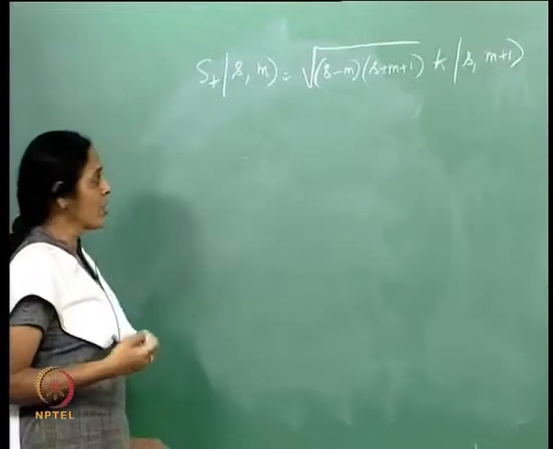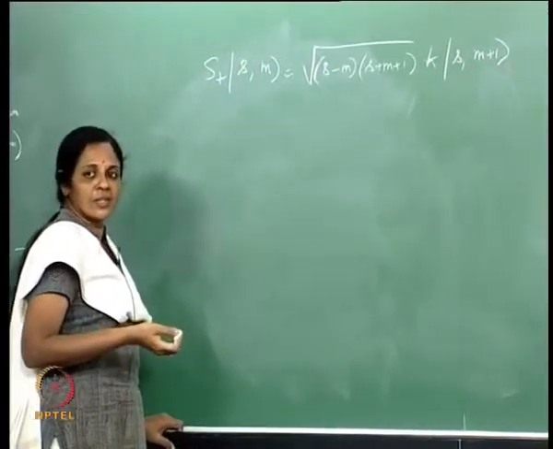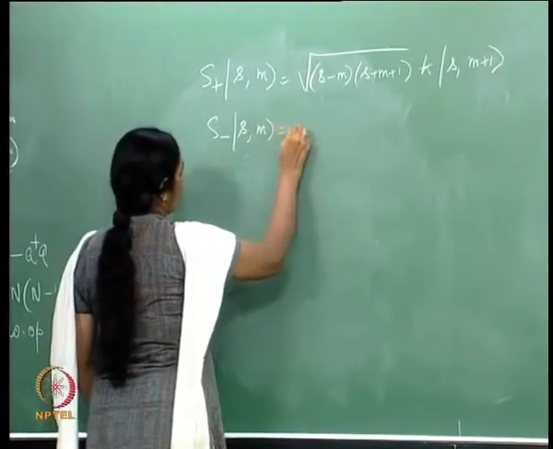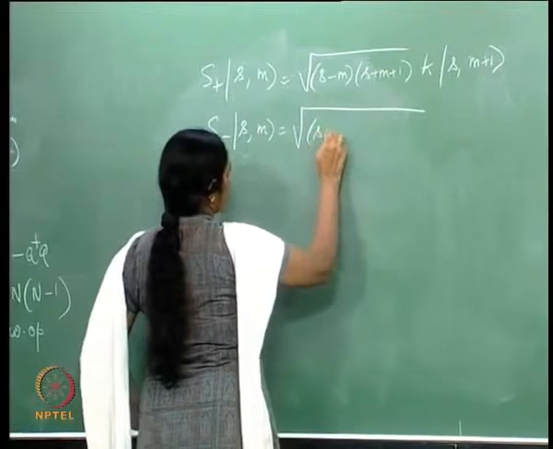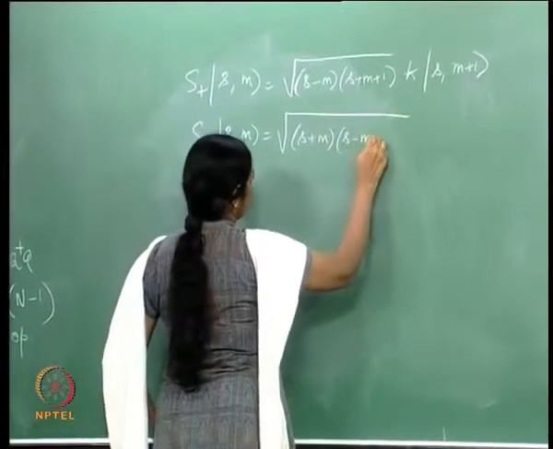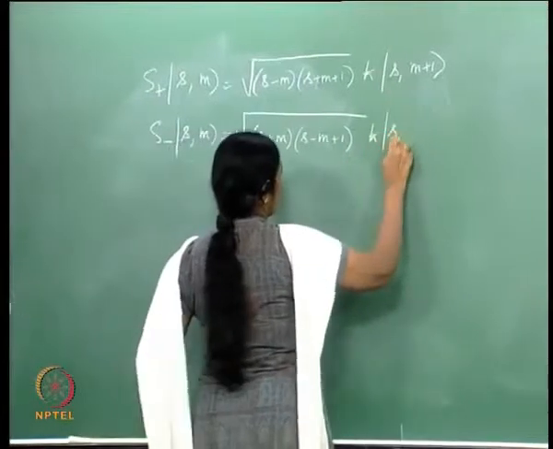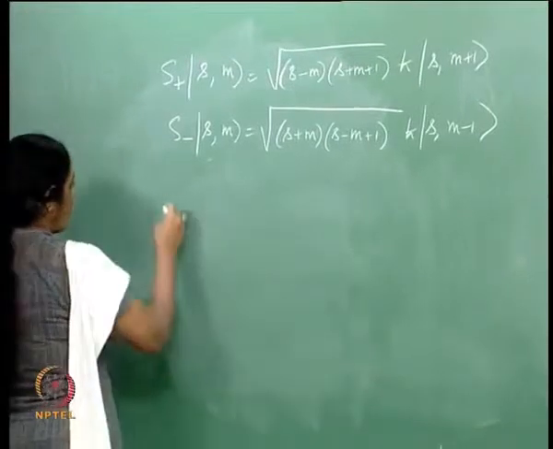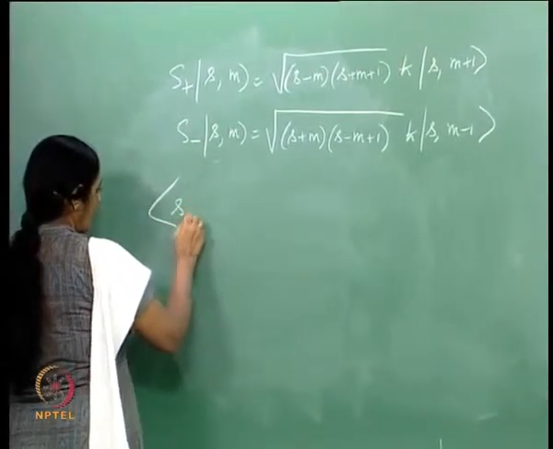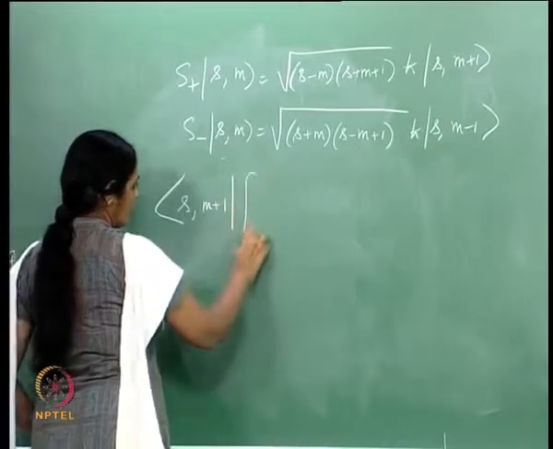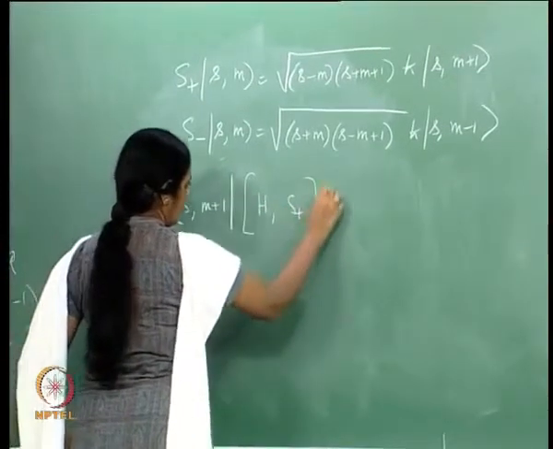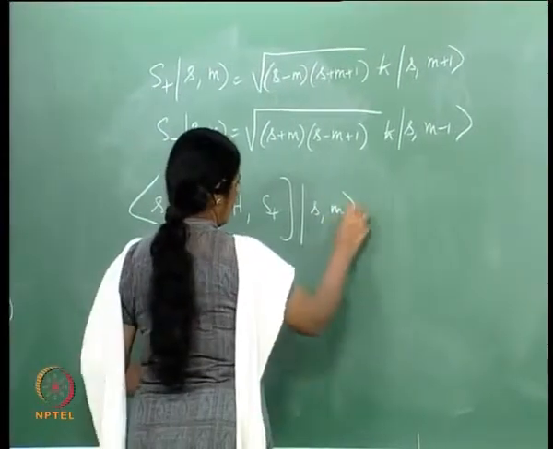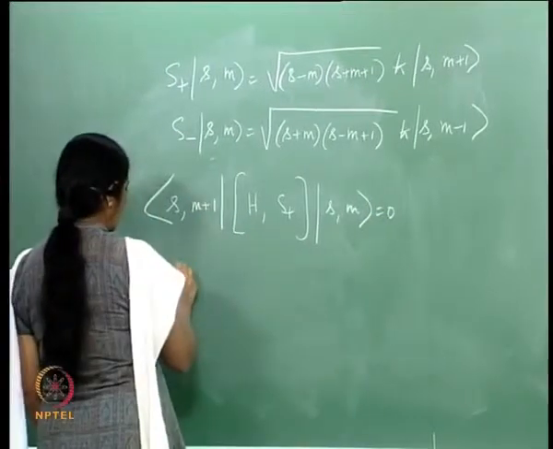m itself takes 2S plus 1 values ranging from minus S to plus S in steps of 1. Similarly, S minus on |S, m⟩ gives me the following. I use this. In my problem, therefore, I started with this object and this implied